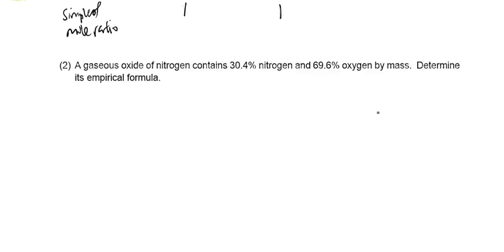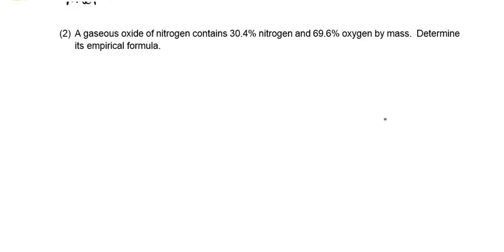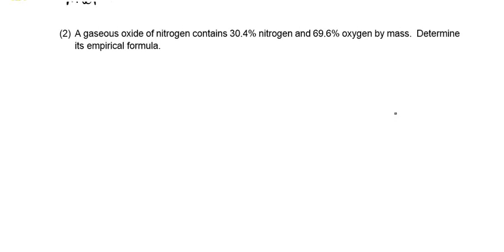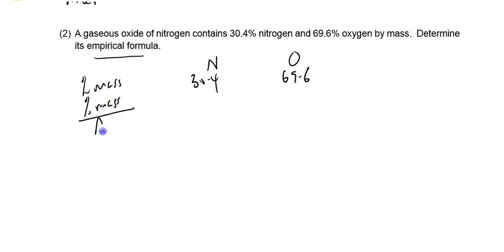Number 2, this sample of gaseous oxide of nitrogen contains 30.4% of nitrogen and 69.6% of oxygen by mass. So how do we determine its empirical formula? It's the same. We know there's N, we know there's O, we know percent mass is 30.4 for N and 69.6 for oxygen. We take percent mass divided by the AR, 14, 16, and we get 2.17 and